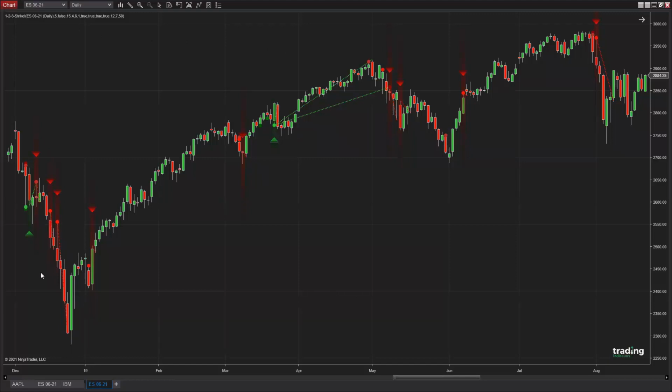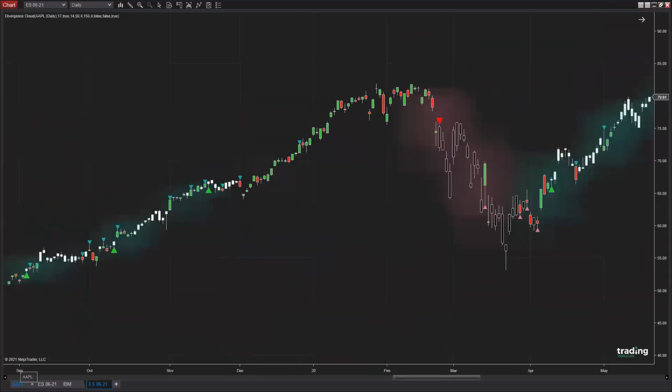Now let me show you the divergence cloud indicator. In this case, I've applied it to an Apple daily chart. And you can see the visualization of the divergence cloud indicator. You probably can guess why the name cloud. Well, you see these glowing clouds around the price bars.